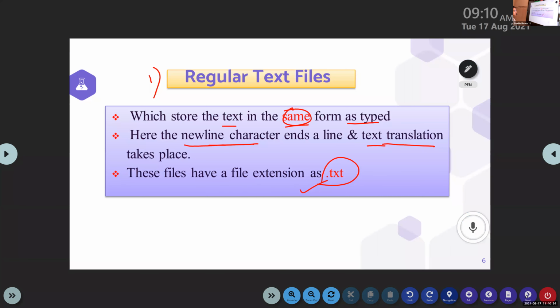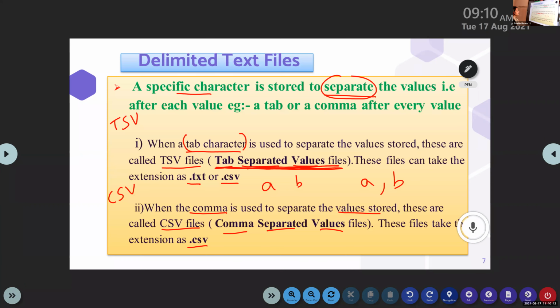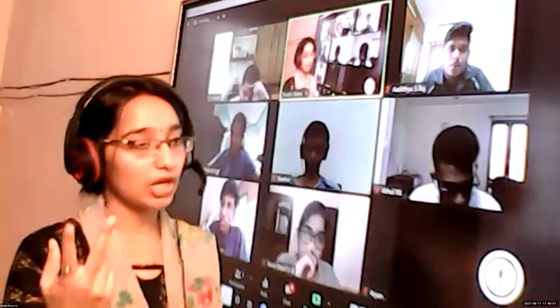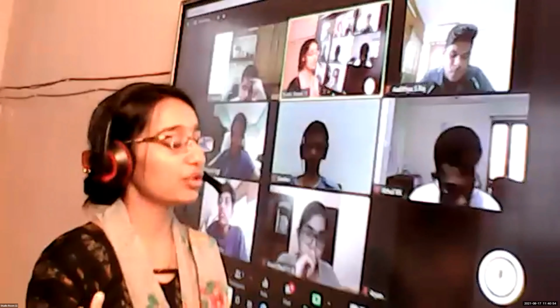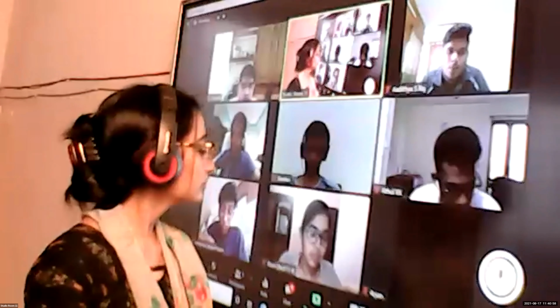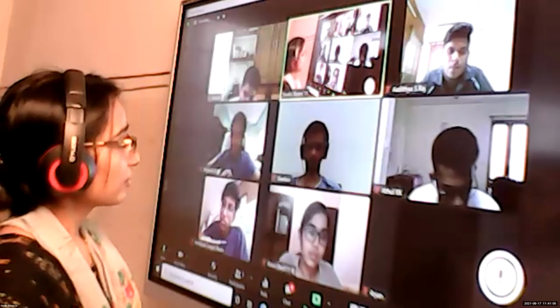A regular text file shows the text in the same form as we typed it. Delimited text files mean values are separated using a specific character. It can be a tab or a comma. CSV stands for comma separated values.